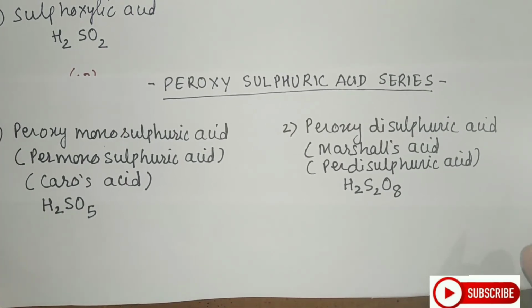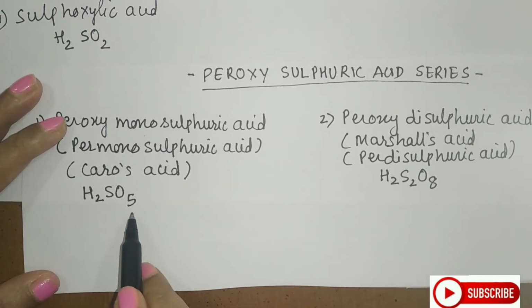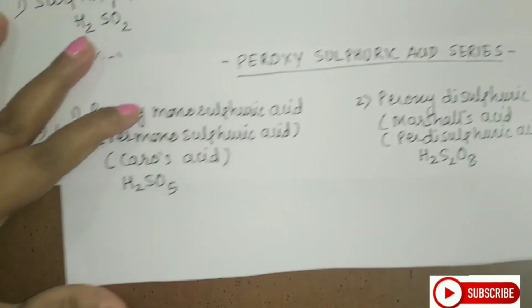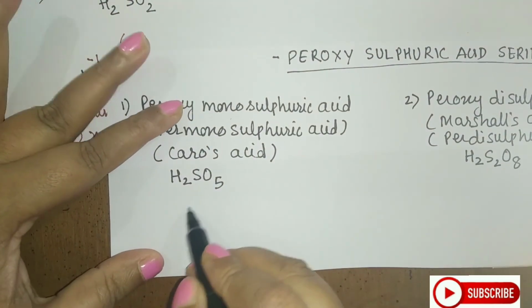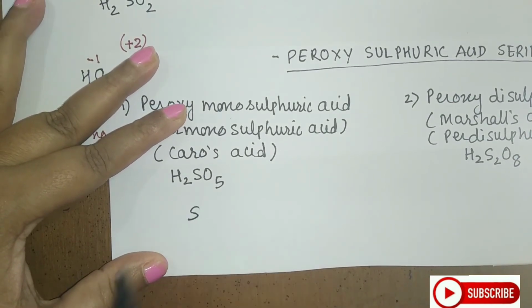Whenever the term peroxy is there, it means there must be peroxide linkages here. If you see here, there is 1 sulfur and an odd number of oxygen. So how to draw this, student? Because you cannot form an SOS linkage here as there is only 1 sulfur atom. So let us draw the skeleton first and try to rearrange. So first I will draw the central atom here.